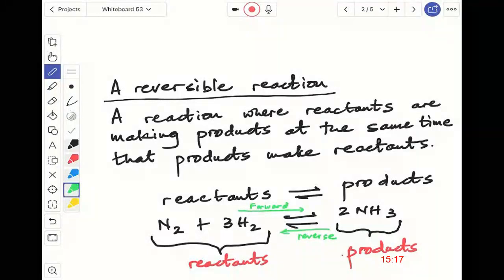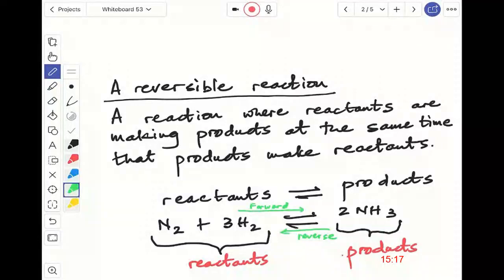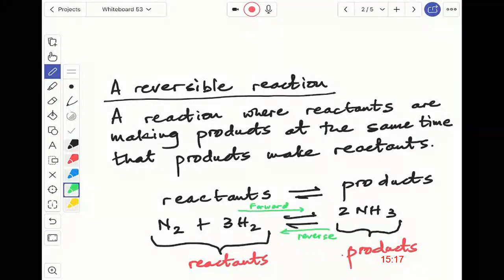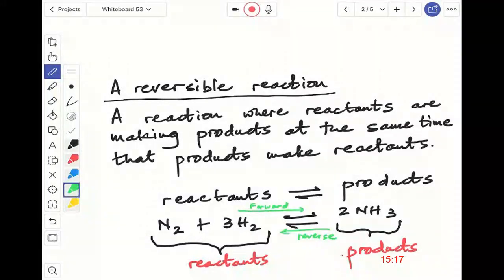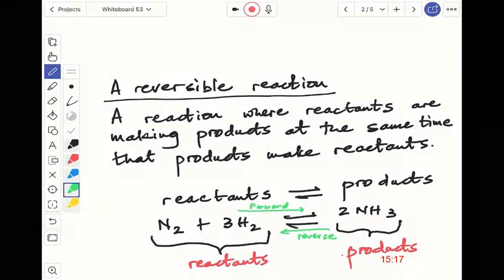So I did a little equation over there showing that on the left hand side I have reactants, and reactants make products, and then I did a simple example, the example that most teachers quite often use, which is the Haber process. And then I also indicated what is the forward reaction. The forward reaction is reactants making products, and the reverse reaction is products making reactants. So both these reactions are happening at the same time. So at the same time that nitrogen and hydrogen forms ammonia, ammonia decomposes and forms nitrogen and hydrogen. Right, so